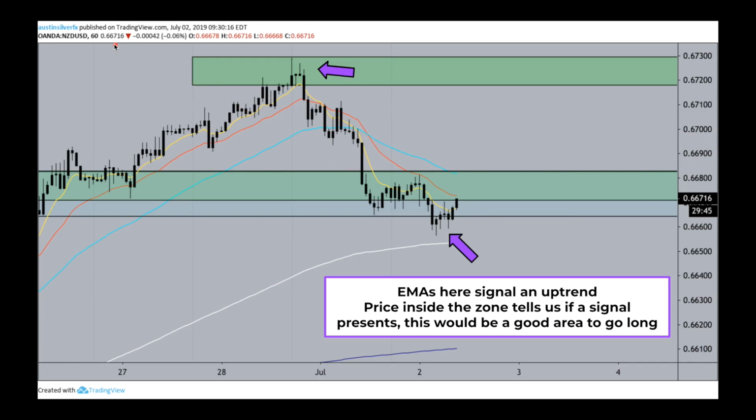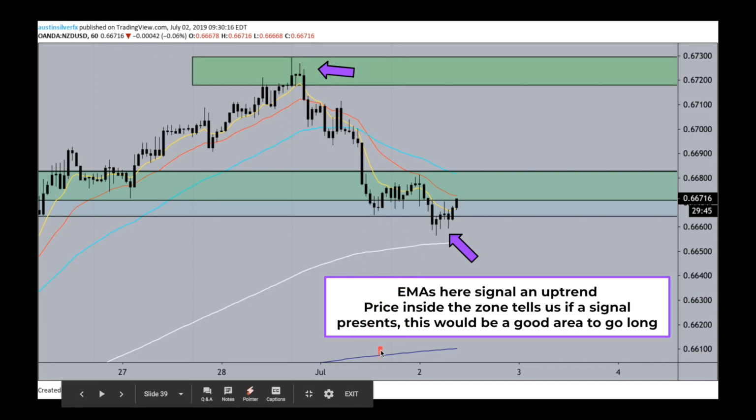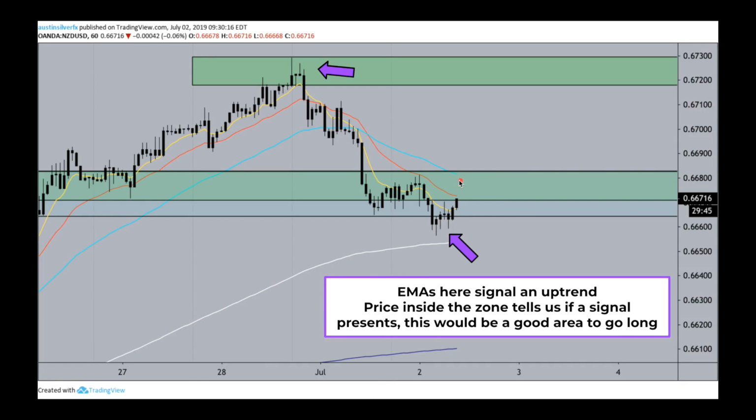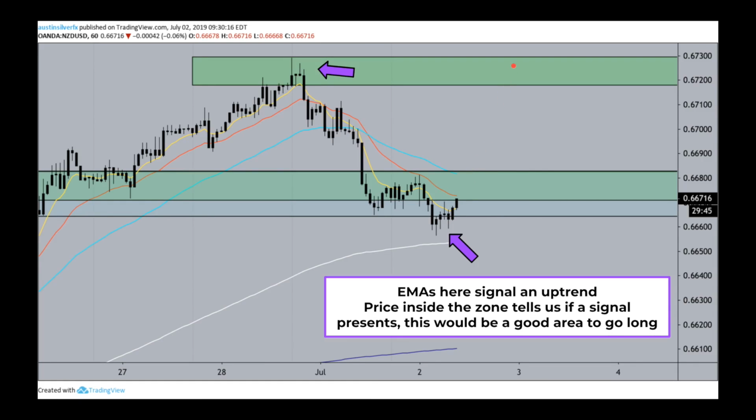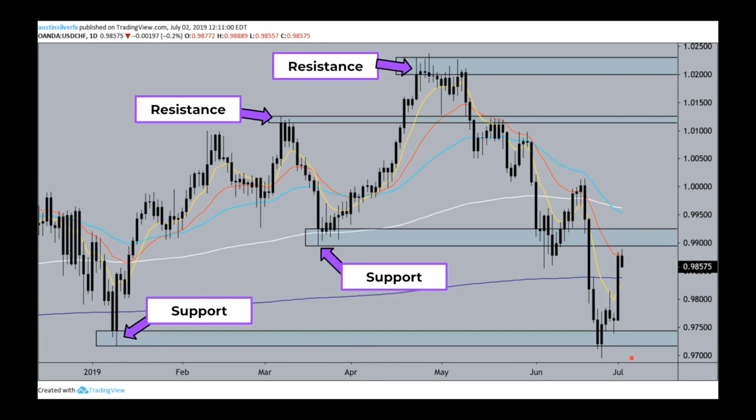So here, when we went from the daily to the 4-hour, we've now taken it down to the 1-hour and found that we are in a short-term uptrend with the 800 EMA at the bottom, then the 200 EMA, and we were also in a very strong level of support. That level was broken, retested, and used to create a new high. When we came back to this price, because the EMAs are in an uptrend, we would look to be long here if we could find an entry signal in anticipation that we would again push off that zone and move higher to retest the current high set.